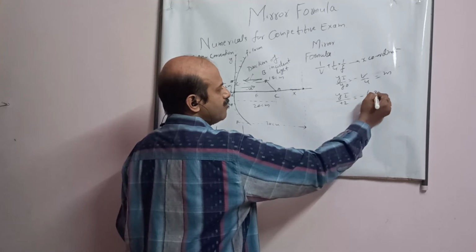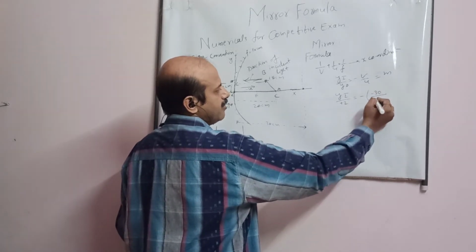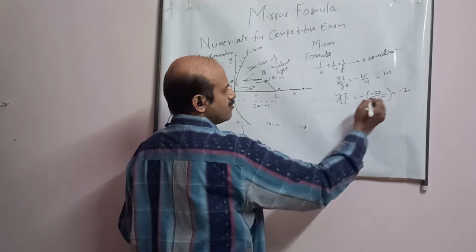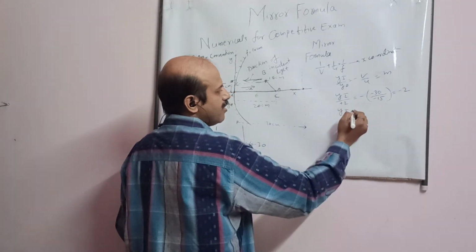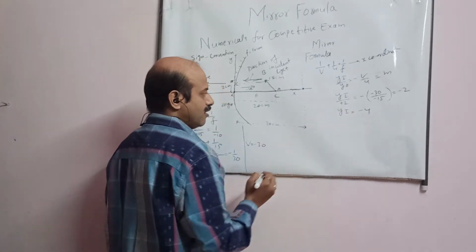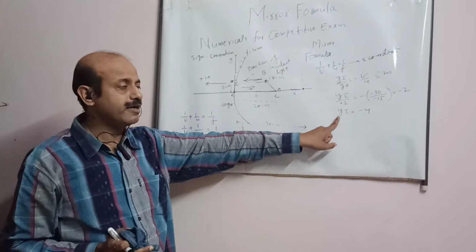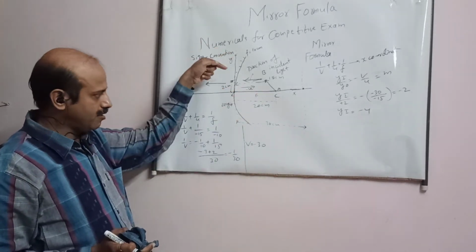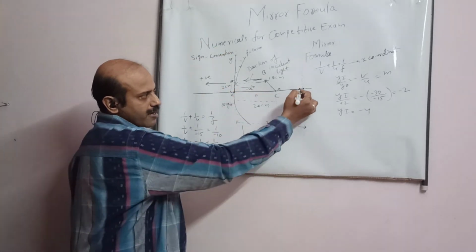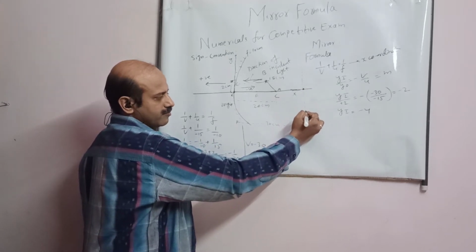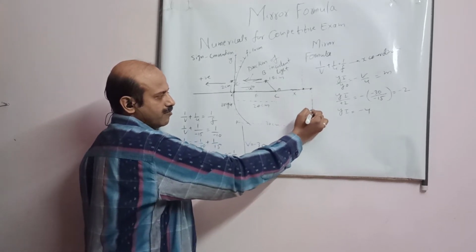Minus V came out to be minus 30, just now we have calculated. U is minus 15. This gives us, student, minus 2. Now, student, I am getting YI as minus 4. Now try to understand the meaning of this minus 4. It is the y coordinate and it is minus. Upward side y is positive, below it is negative. So on this line I have to come minus 4 below. Say here, this is 4, minus 4, student.